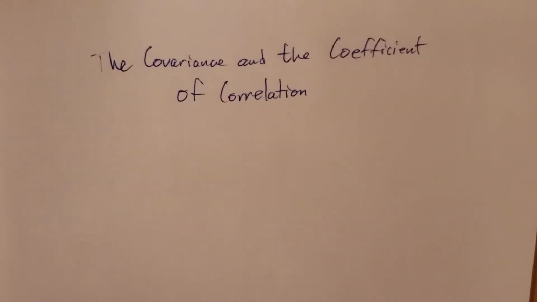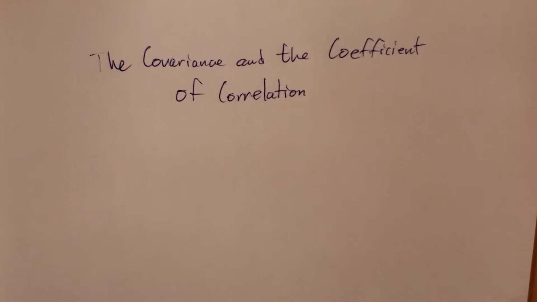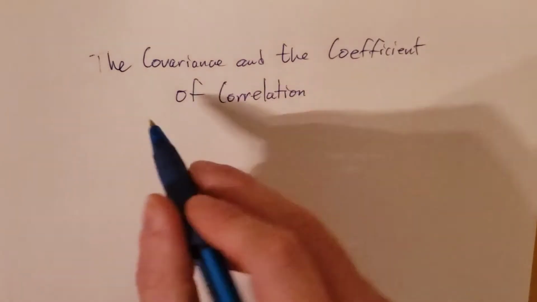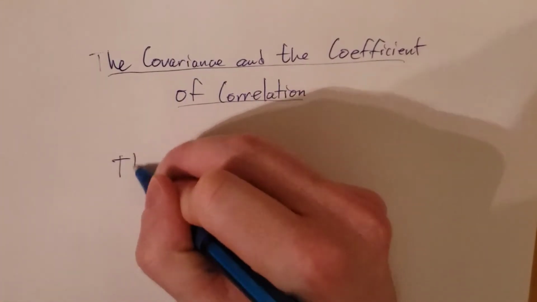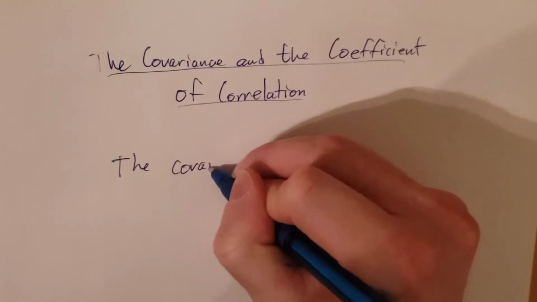In this video, we're going to take a look at the covariance and the coefficient of correlation. Now here we are looking at two numerical variables, and we want to try to determine if there might be a relationship between these two numerical variables. So the first thing that we're going to look at is the covariance, which is a measure